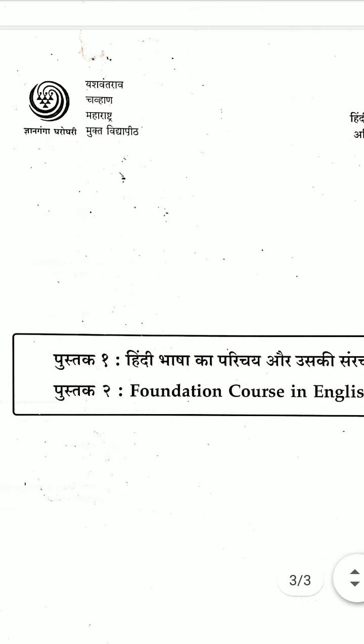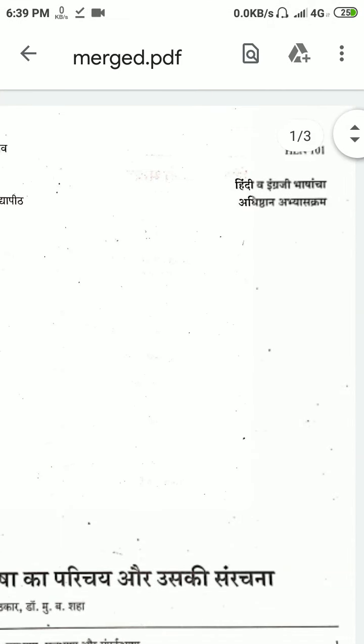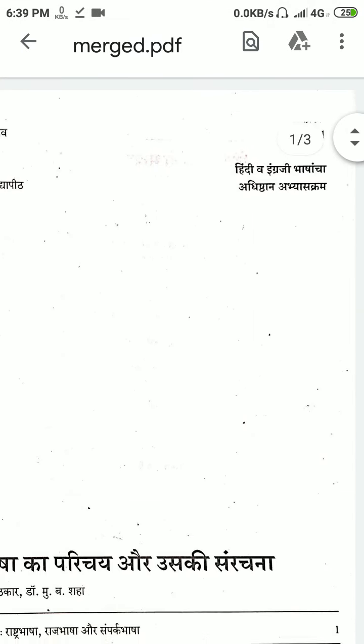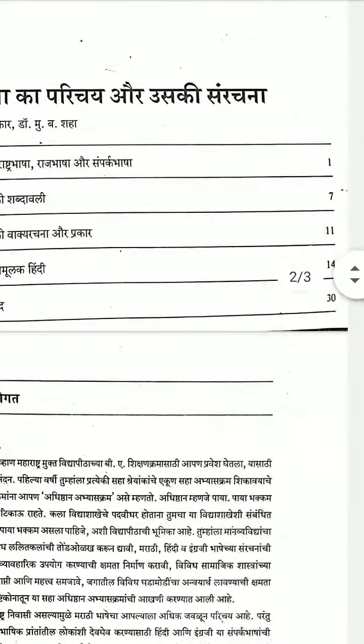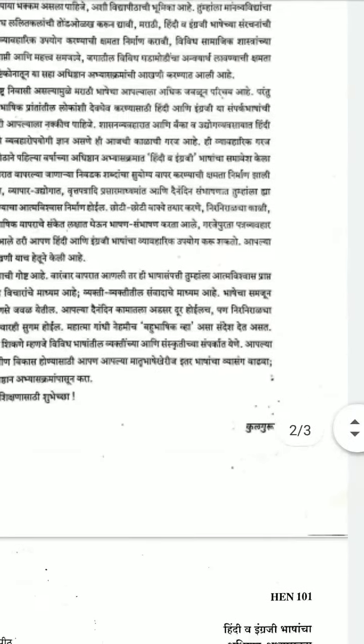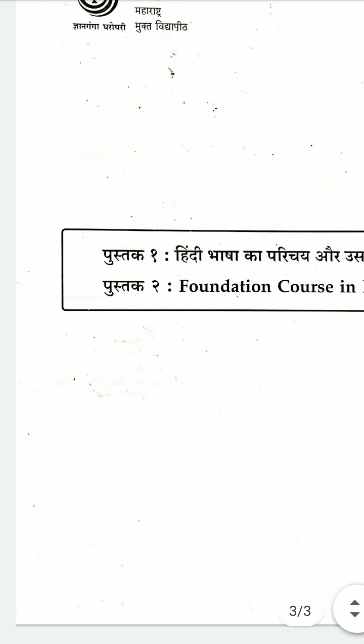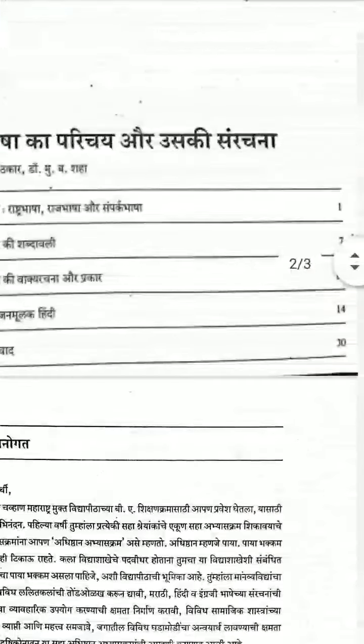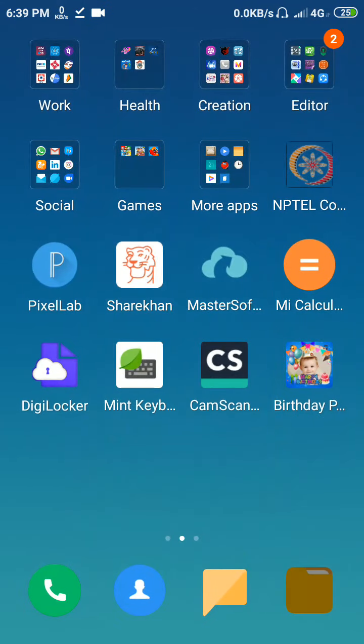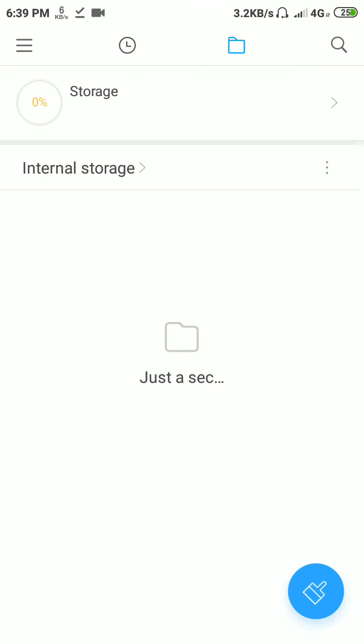This file has been opened. These three documents have been attached to each other and downloaded in the download folder, which is in the file manager.